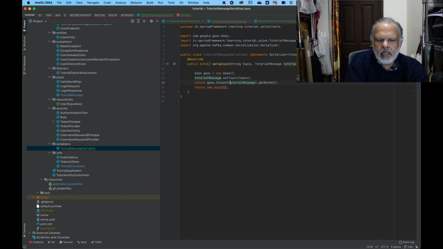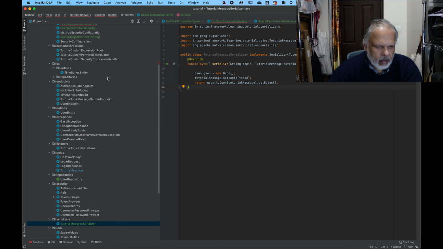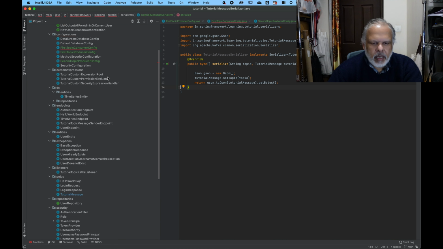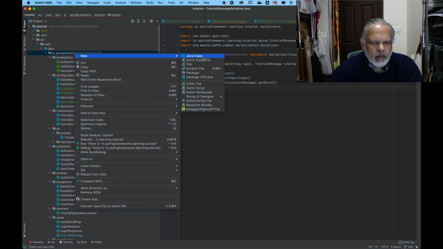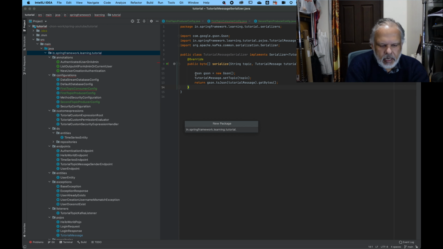So this is our very simple serializer where we get an object and we convert it into a byte array, and we need the reverse of it where we will have a deserializer,